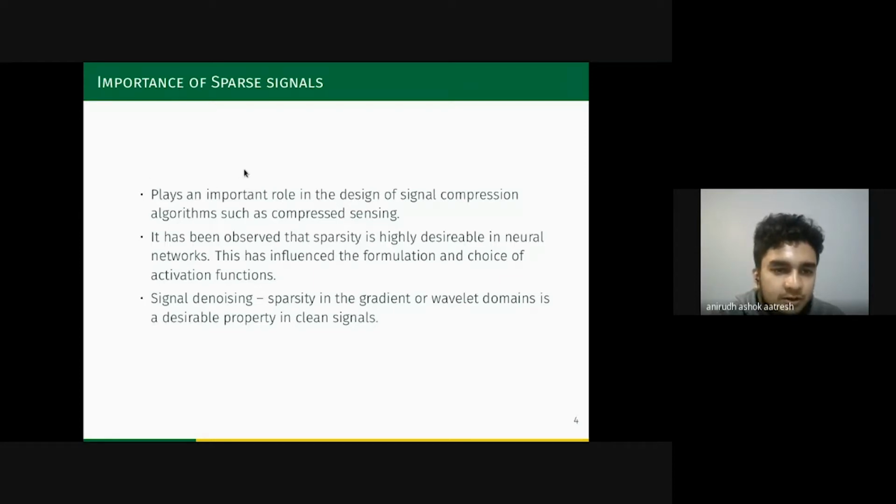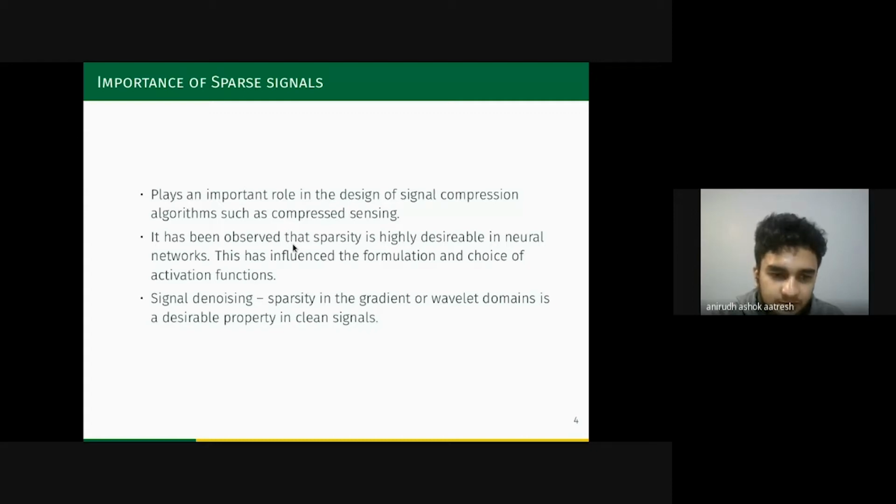The second important application that I have listed here is for neural networks. Neural networks nowadays rely on sparsity for the weights of the hidden layers, because sparse hidden layers occupy less space, and sparse hidden layers also require a lesser amount of time for calculations in forward propagation. So that is one desirable property. And the second one is that the effectiveness of activation functions can be well explained. Some activation functions can be well explained through sparsity. For example, the ReLU activation function, if you're familiar with it, its effectiveness is actually based on the fact that it promotes sparsity.